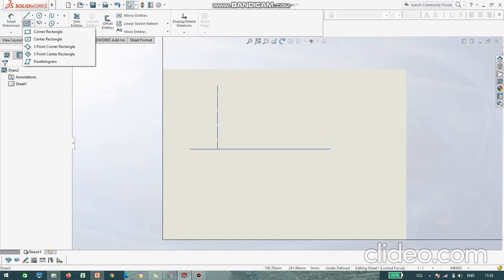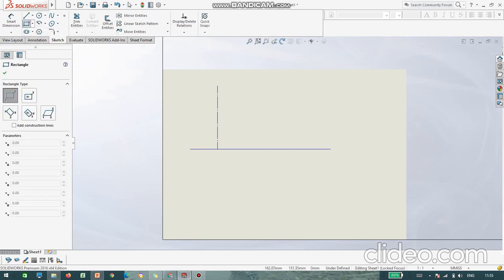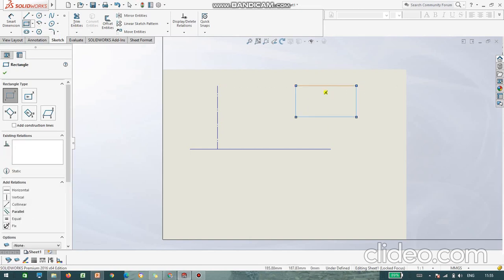Next commands are corner rectangle, center rectangle, 3-point corner rectangle, 3-point center rectangle, and parallelogram. First we'll start with the corner rectangle. In order to draw it, we need a first point and an end point. You can see in the left side near my cursor, two points are required, first corner and second corner.